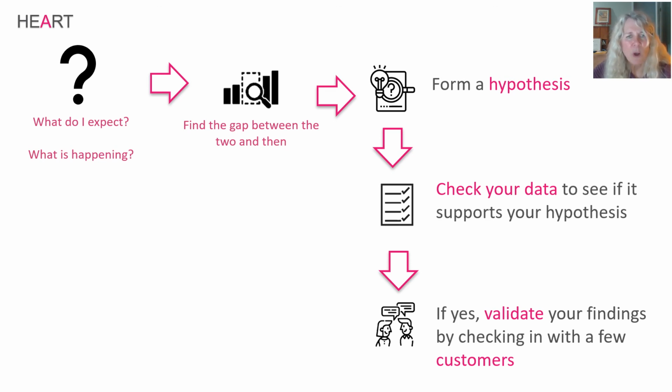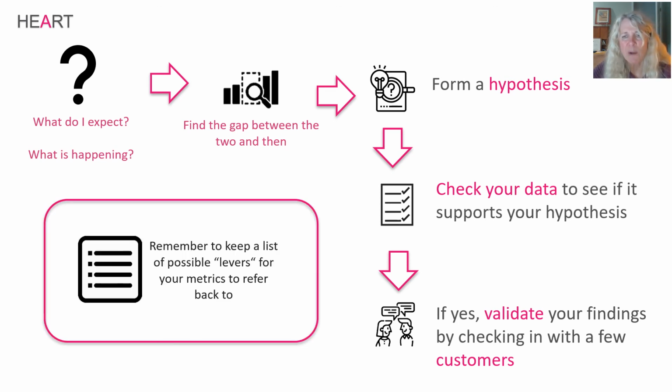And I don't want to underestimate the value of keeping a list of the levers that move your metric up and down, so that when you see your metric moving up and down, until it just is such a habit for you and you have all this stuff in your head, you can refer to your list of things that you've discussed in the past that can make that metric go up and down. You can see if one of those is probably the reason, take it as your first hypothesis and test it, and keep adding to that list.